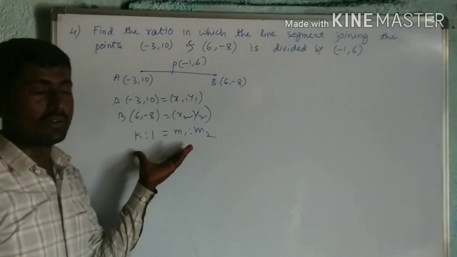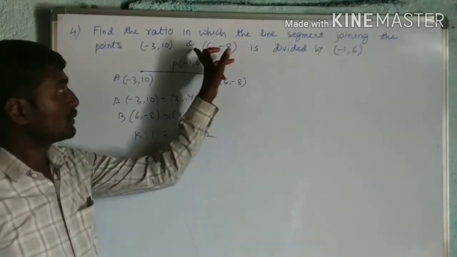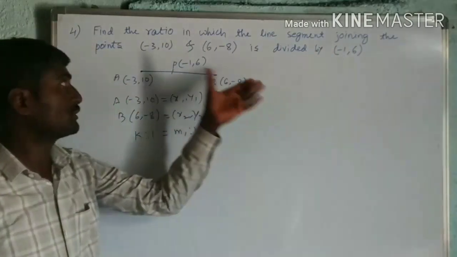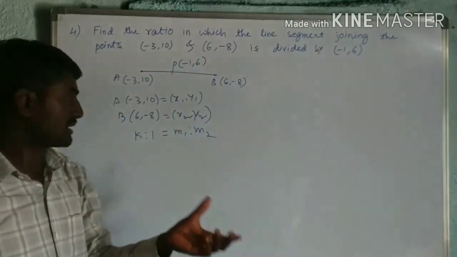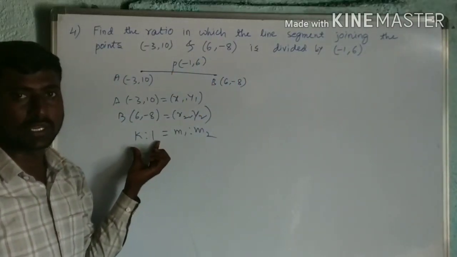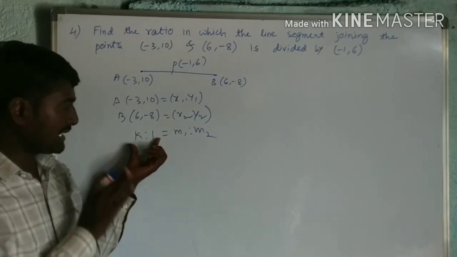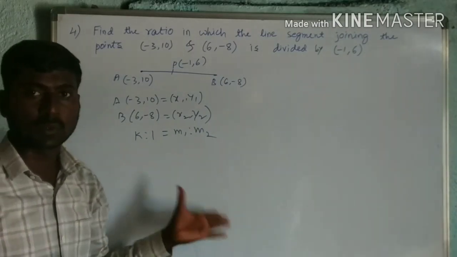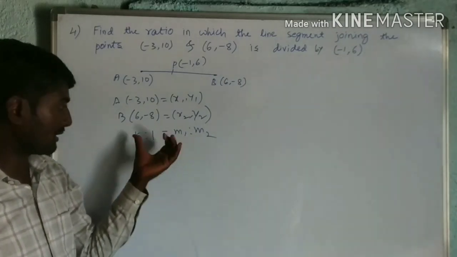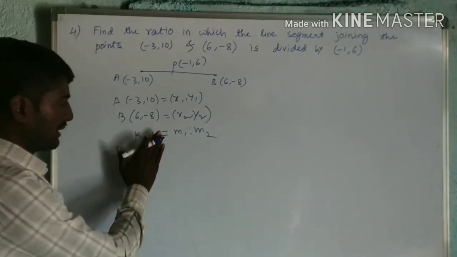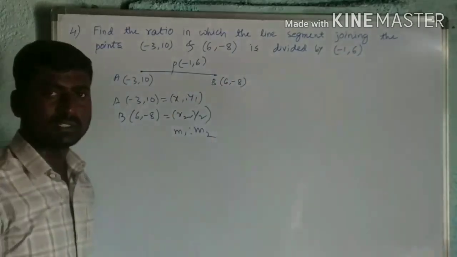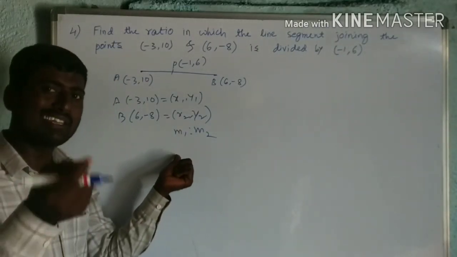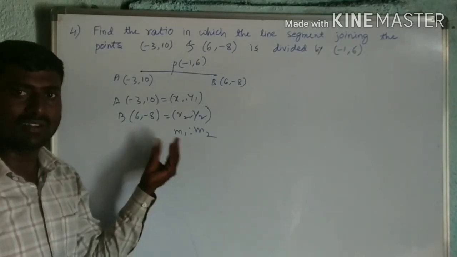If for any question, two end points are given and the point which divides the line AB is given, and they ask you to find the ratio, you must take the ratio as k is to 1. If you take k is to 1, then in an easy way you will get the ratio m1 is to m2. It doesn't mean that you should always take k is to 1 only. Instead of k is to 1, you can take m1 is to m2 directly; there also you get the same answer. No need to take k is to 1 only, but in easy steps, if you take k is to 1 ratio, you will get the answer.